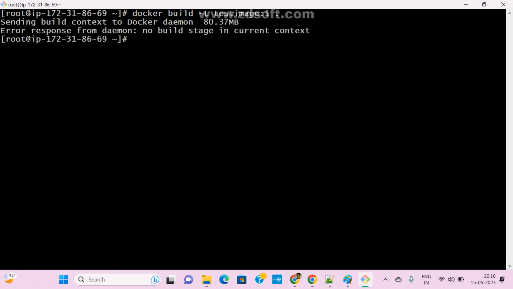Today they asked these questions. They asked what the Docker keywords are, and I explained them, including the FROM keyword. The next question was about no FROM: in my Dockerfile I didn't add any base image, and I am trying to create an image. Is it possible or not? Not possible, sir.